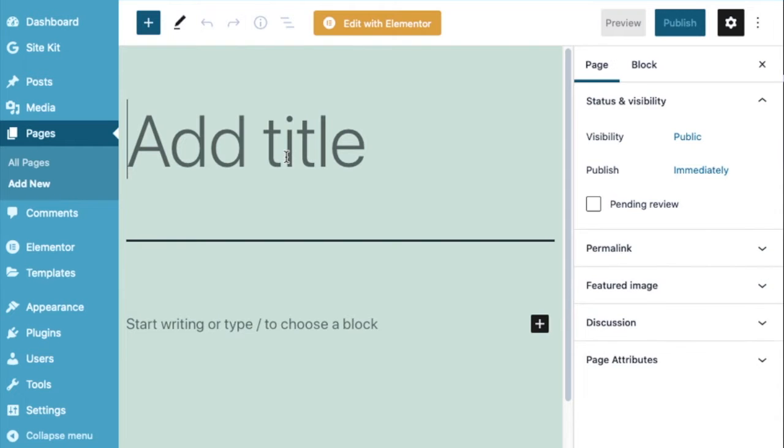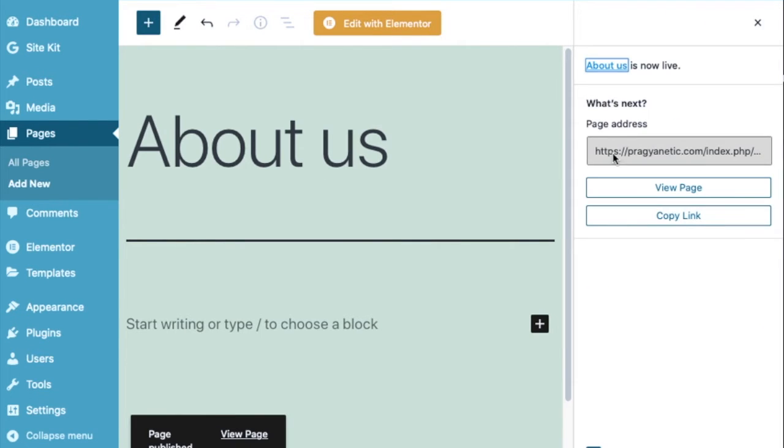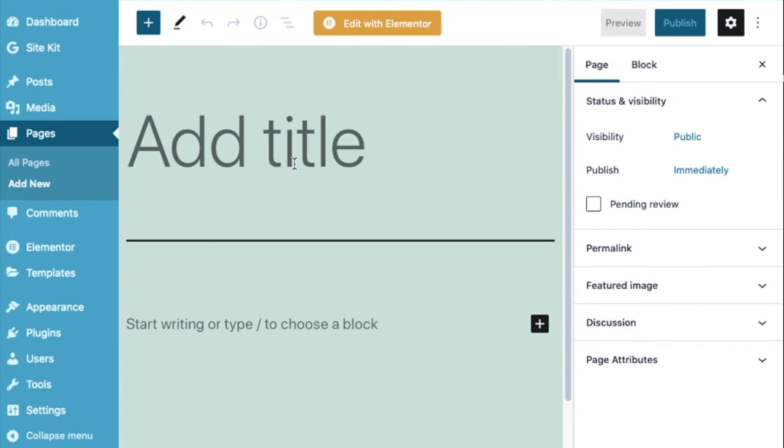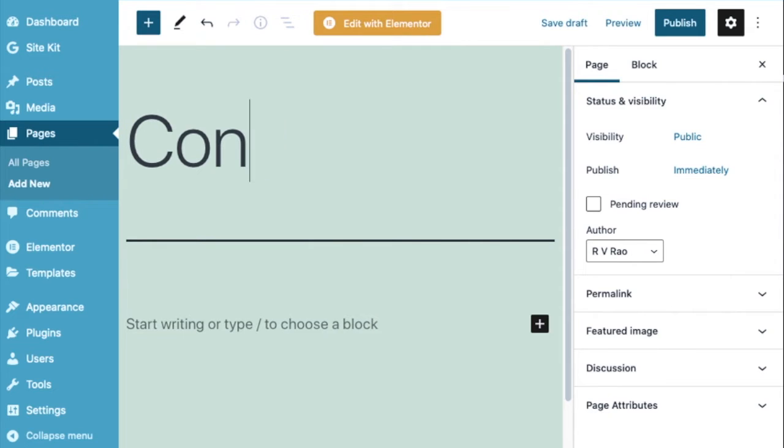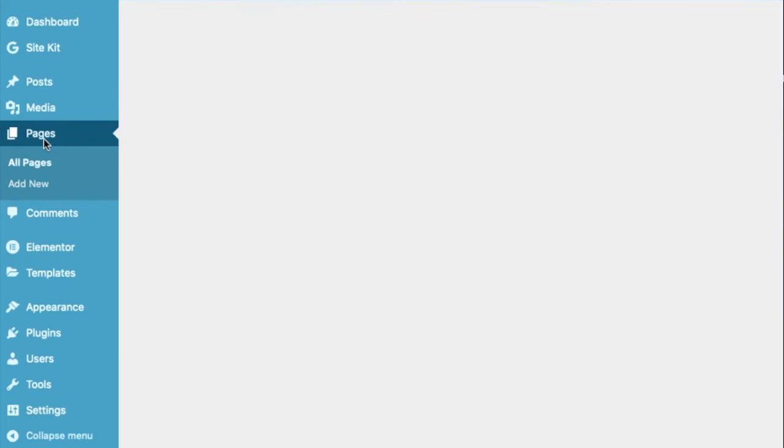I will just add about us. I'll publish this one also, and let us add another one wherein you will be able to contact. So contact us. I'll publish this also now. Now our three pages are ready to be edited.